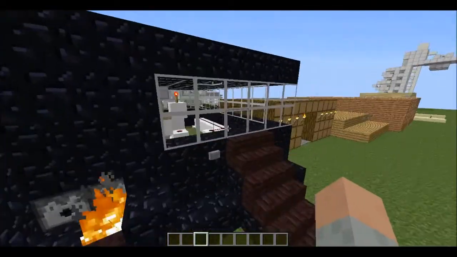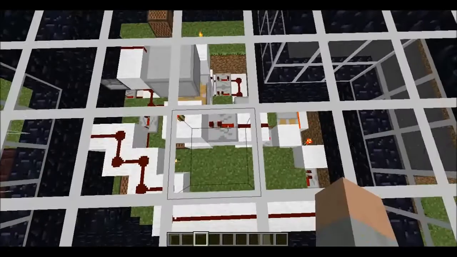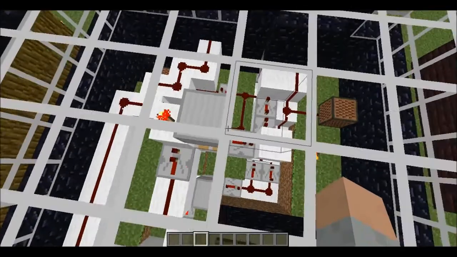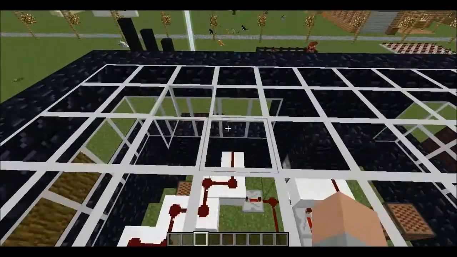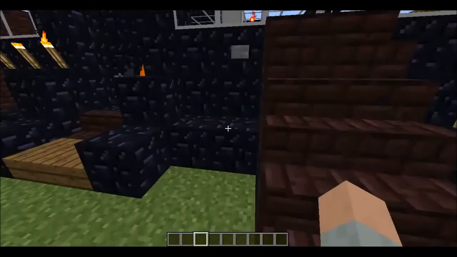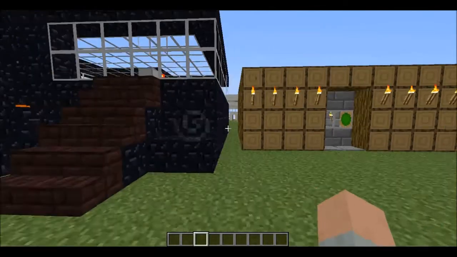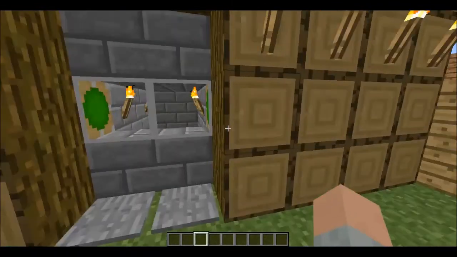This is an old automatic portal, which compared to what you can build now after 1.5, this is pathetic. This thing's just overly complicated and huge. I don't even remember who made this, to be honest. So there's that. And then this right here is a...